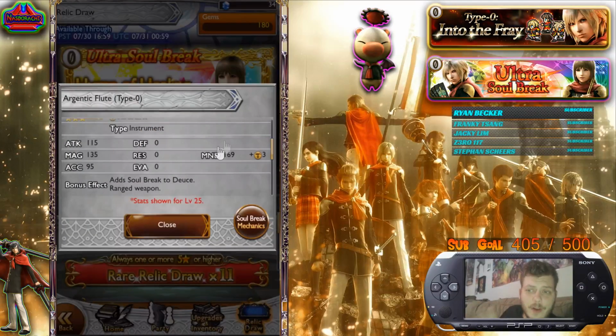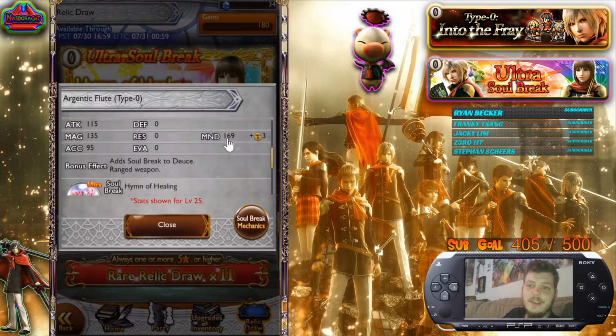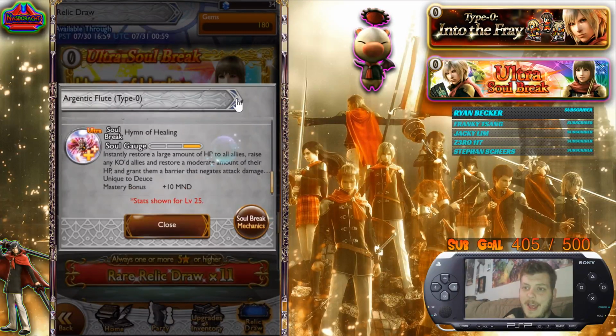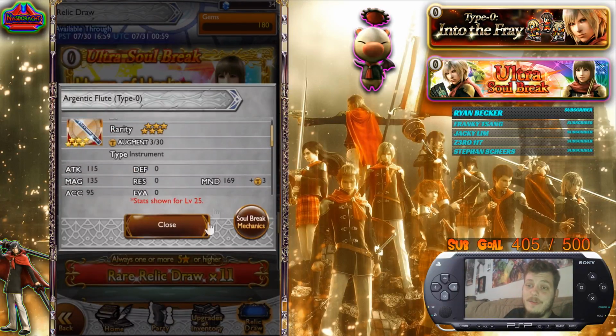So looking at this one here as well, you have hybrid stats with the 115 attack, 135 magic, and 169 mind. You're definitely encouraged to be healing with this character Deuce here. And all in all, again, this is a very good USB in terms of white magic support. It is missing the Haste-ga that you get and the Last Stand that you get from Yuna's USB. Now, one of the other soul breaks for Deuce does feature the Last Stand, but that's 2 different soul breaks instead of 1. So all in all, I'm going to say Yuna's is a little bit more useful,